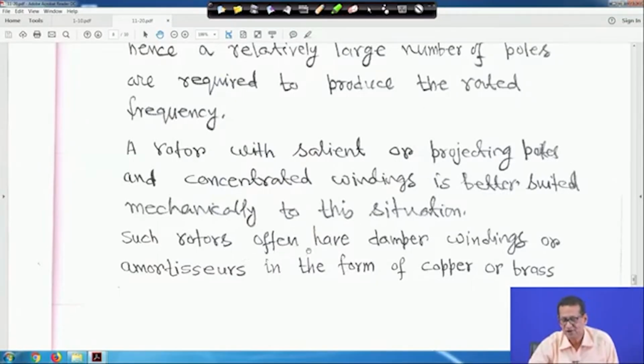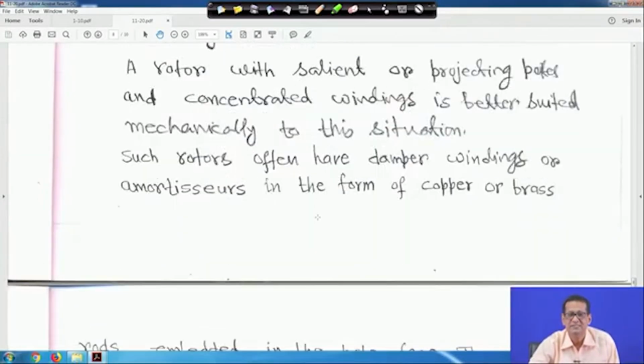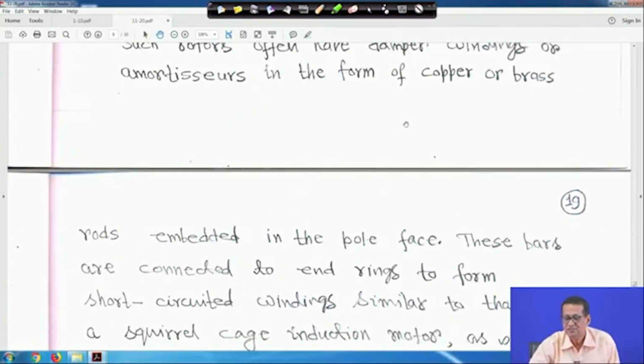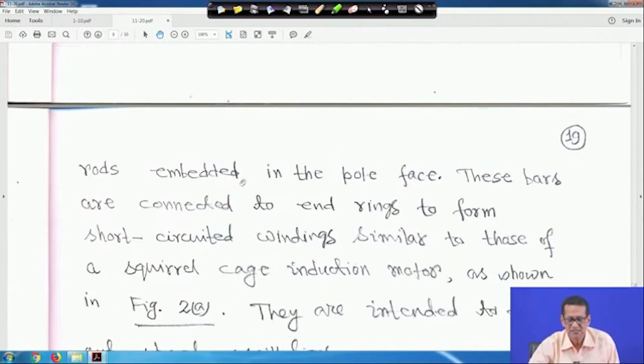Such rotors often have damper windings or armature in the form of copper bars. This I believe you have studied for your synchronous machine, so we will not go into detail of that. Our objective will be different, the dynamics and stability. So, copper or brass rods embedded in the pole face. These bars were connected to endings to form short circuited windings similar to those of a squirrel cage induction motor,